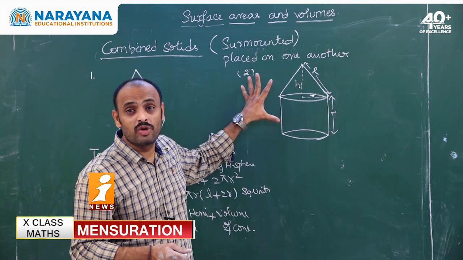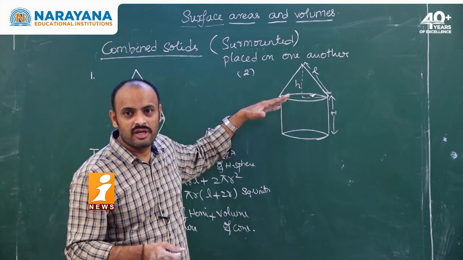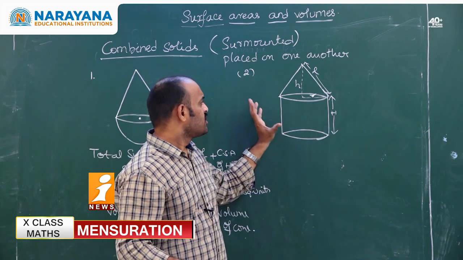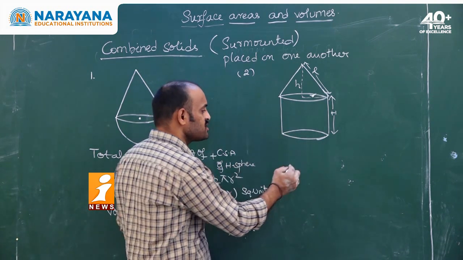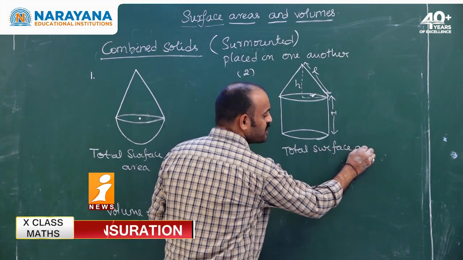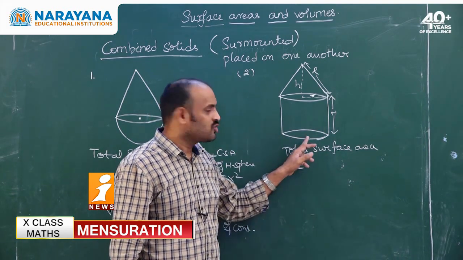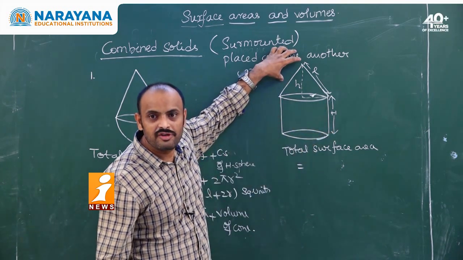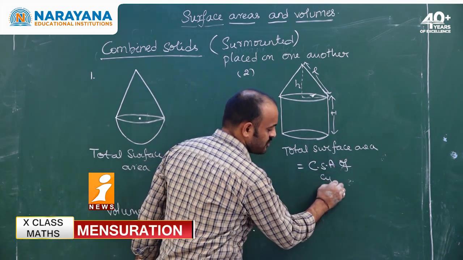Now, as it is a hollow cylinder, both base and top are open. We can call it a cylindrical dome, which we see mostly in aeronautical domes and in aeroplanes. Now here, how to find the total surface area, because we cannot find the curved surface area here, only total surface area. So total surface area or surface area, simply called surface area. As it is a hollow cylinder, there is no base for the cylinder. So CSA of cylinder plus CSA of cone.